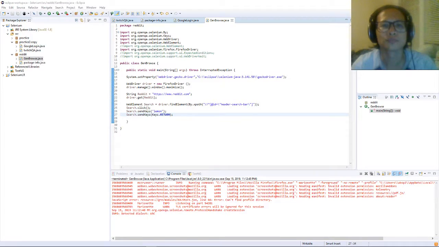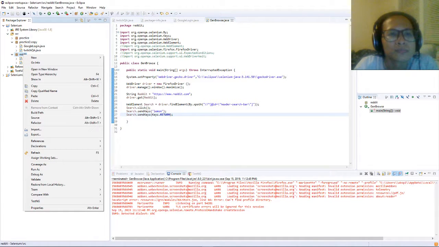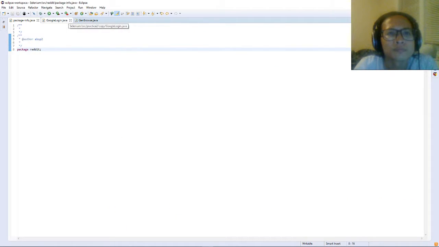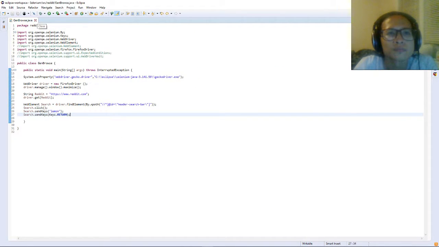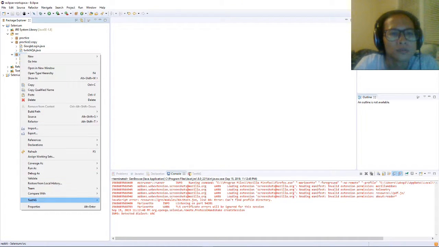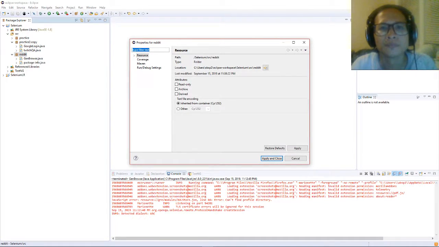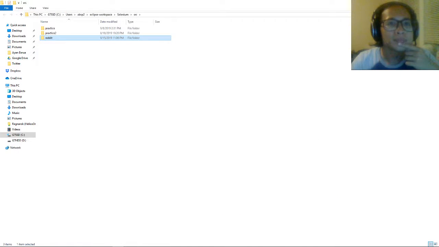Today I'm gonna start with the framework designing part, because so far we have seen a lot of topics on Java and most of the Selenium concepts we have covered. Now it's time to design some real-time project framework so that you can implement all your Java skills and all your Selenium skills. And we have covered TestNG also. We have seen different features of TestNG. So now it's the right time that we should